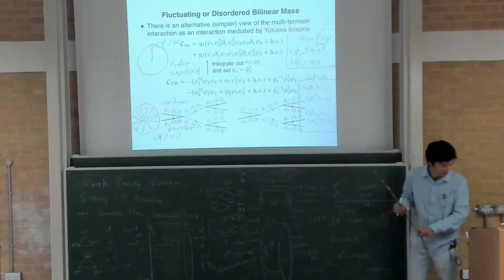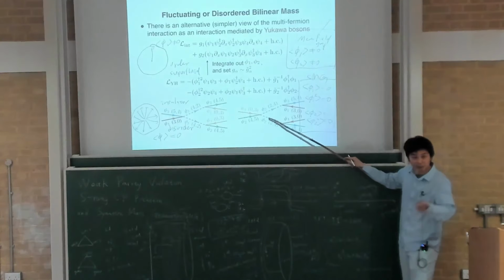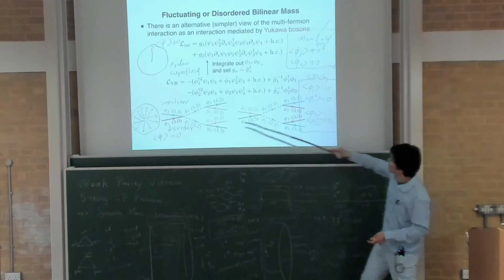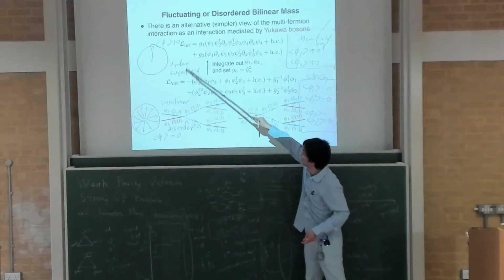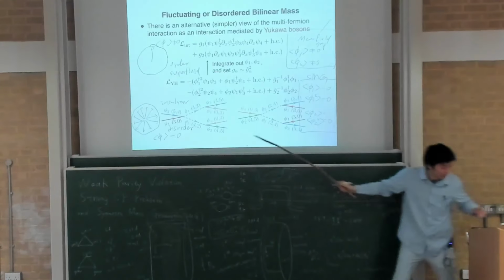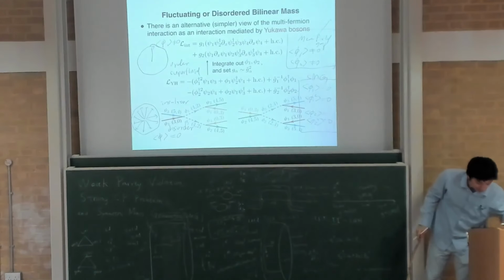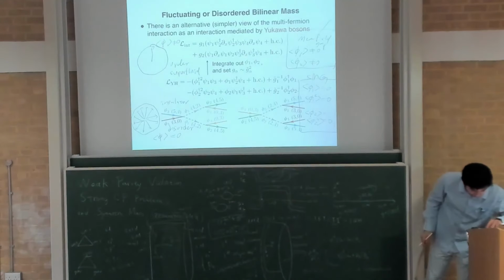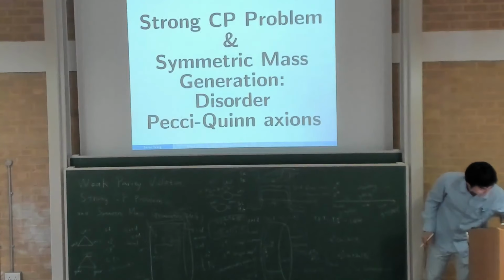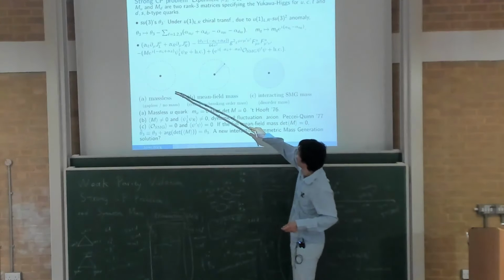Okay, so now I show these two clocks. You can get some sense. I think for condensed matter, this is the so-called disorder insulator, and this is the order superfluid. So the usual way to get mass is order superfluid, and the way of symmetric mass is disorder. And I show different models to connect them. So let's go to the strong CP type problem. Let me just state the problem in a more pictorial way, so I don't need to write equations.